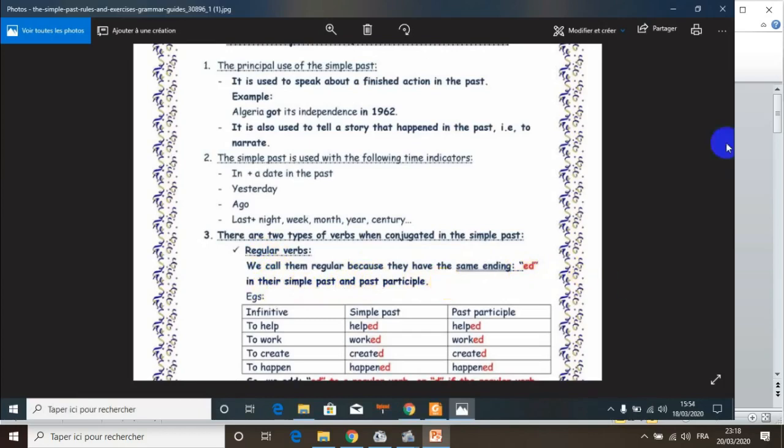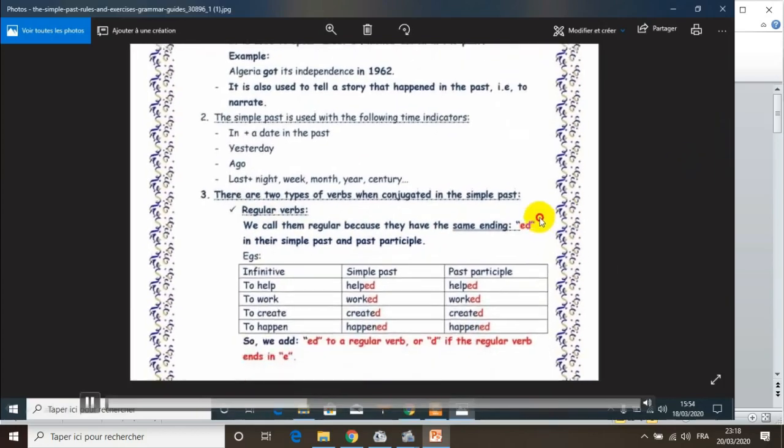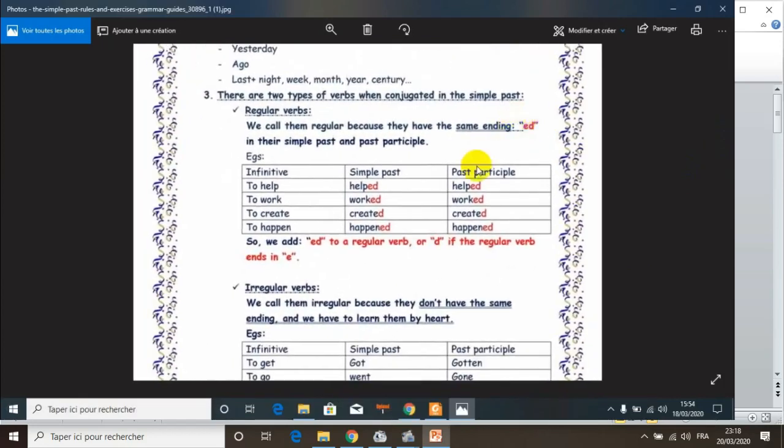Alright, you see the table here. Infinitive, simple past, past participle. What is important today, our lesson today, is the simple past. So we focus on this column. To help, this is the infinitive. It becomes helped. To work, worked. To create, created. To happen, happened. So we add ed to a regular verb, or d if the regular verb ends in e, as here